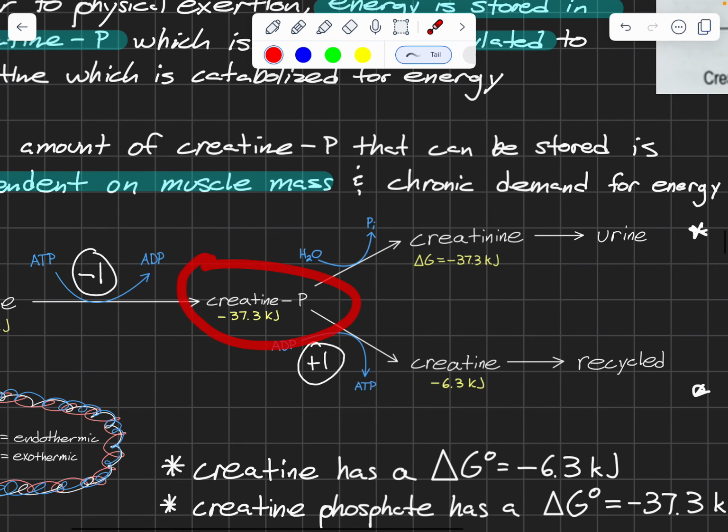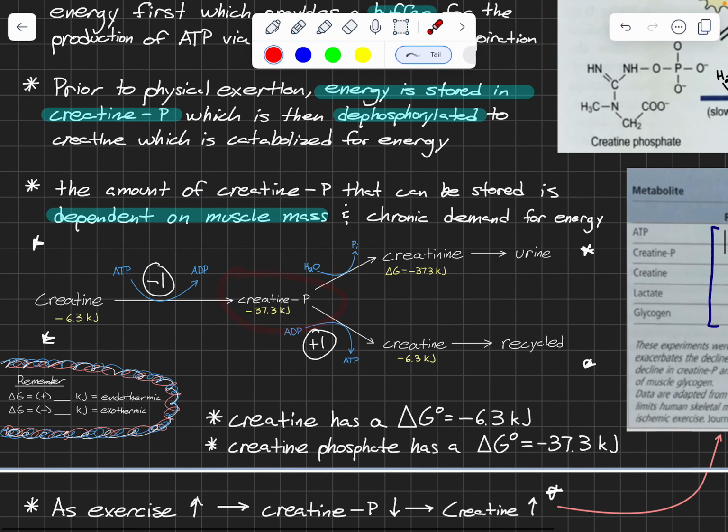Now, the other pathway signifies if you're not being active. Someone brought up a good question about creatine monophosphate or supplements you can take. I don't know enough about biochemistry to speak on that, but for this specific instance, we're just talking about if you have creatine P storages and you're not active and you just sit on the couch and don't do anything,